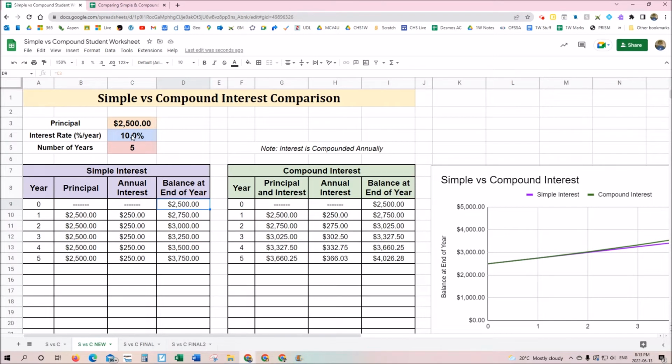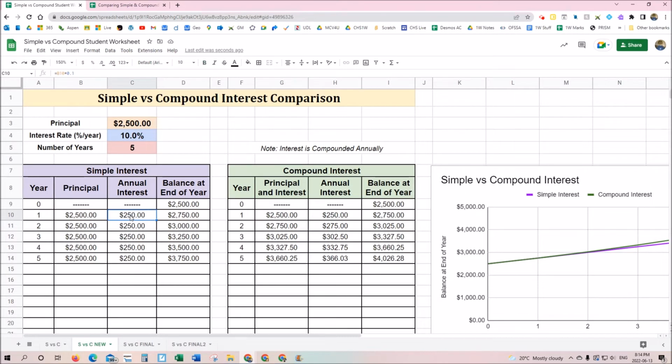I wonder what would happen if I change the interest rate. So let's say I only got 8%. Well, unfortunately, my interest didn't change. Let's put that back to 10%. See, that didn't change. And the reason is I haven't linked this spreadsheet to this new interest rate. 6%. No, it's not there. So let's go back here. We'll change it back to the 10%,